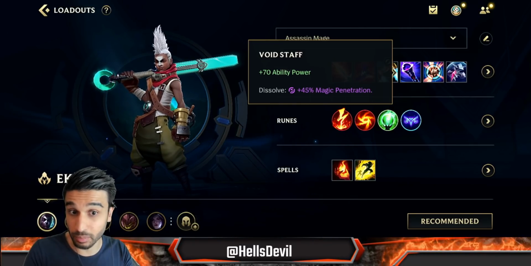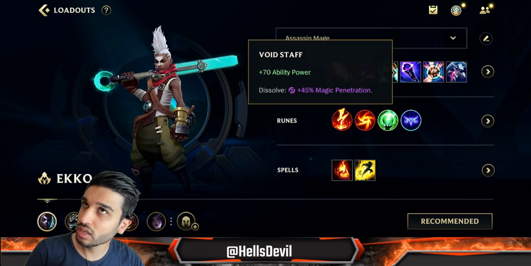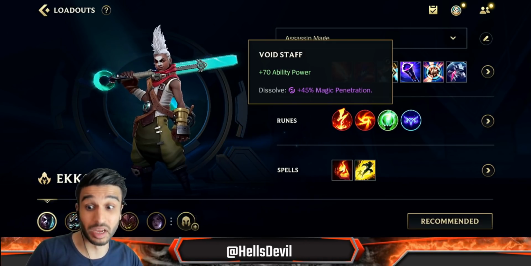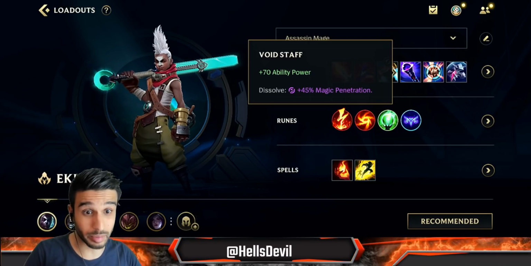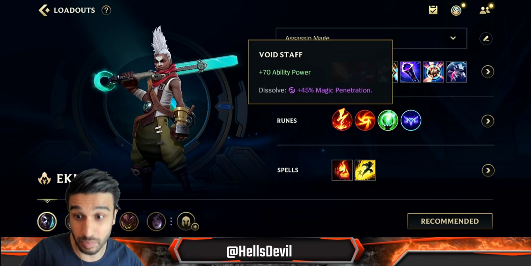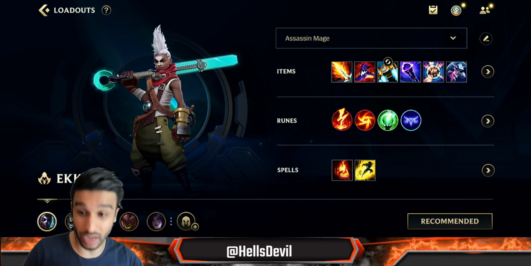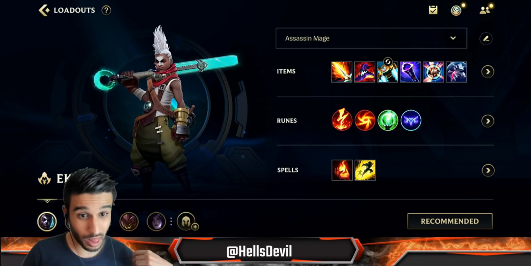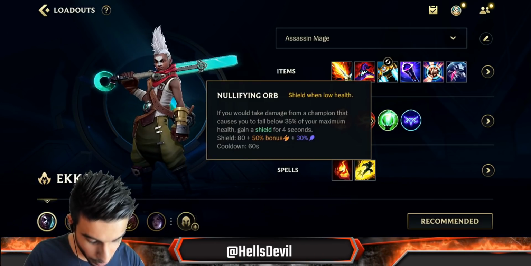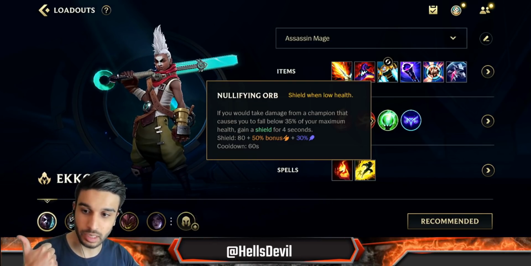It's essentially another item. And 18 minutes into the game, it's gonna be 54, 40% of that. Let me just say that it's gonna be a lot. It's gonna be like 70 or 75 AP extra, which is beyond crazy. And then 21 minutes, it's gonna be like 2 AP items. So just so you know, Gathering Storm, if you get to the late game with Ekko, is gonna be huge, huge, huge. Third item, I love going for the Nullifying Orb because you already have your second ability